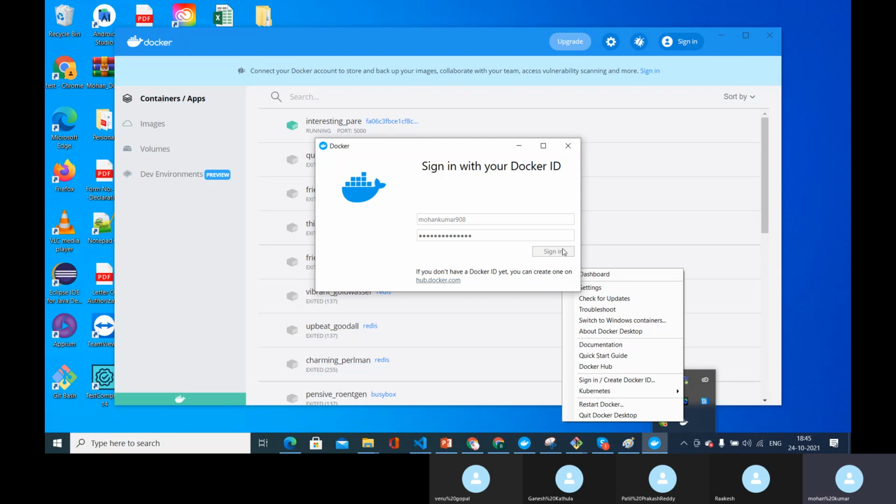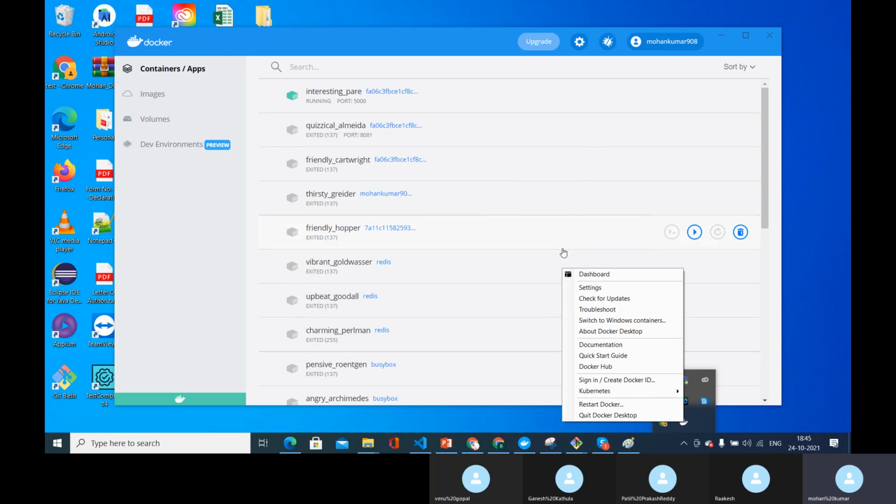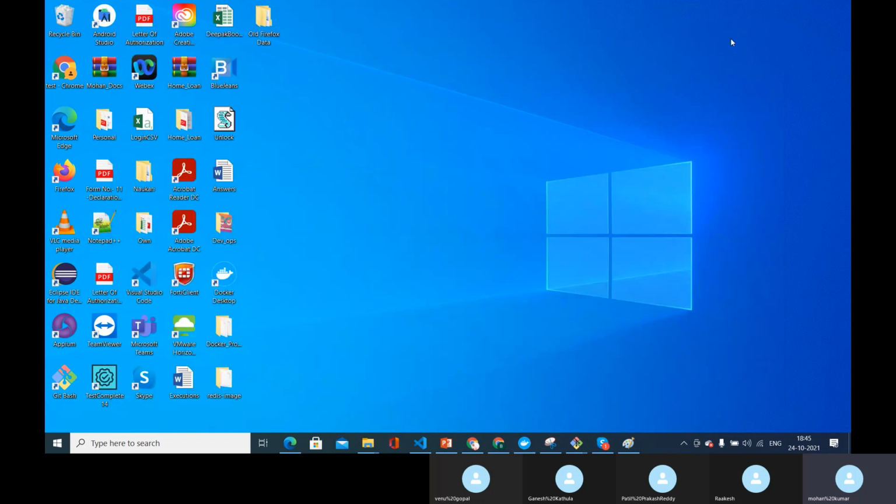So now I have successfully signed up to Docker and I also installed Docker on my machine. One most important part here is that maybe for the first time you will not be able to install Docker, and you will come across an error asking you to install the Linux kernel. In the error that you get, you will also get a link to download the Linux kernel.